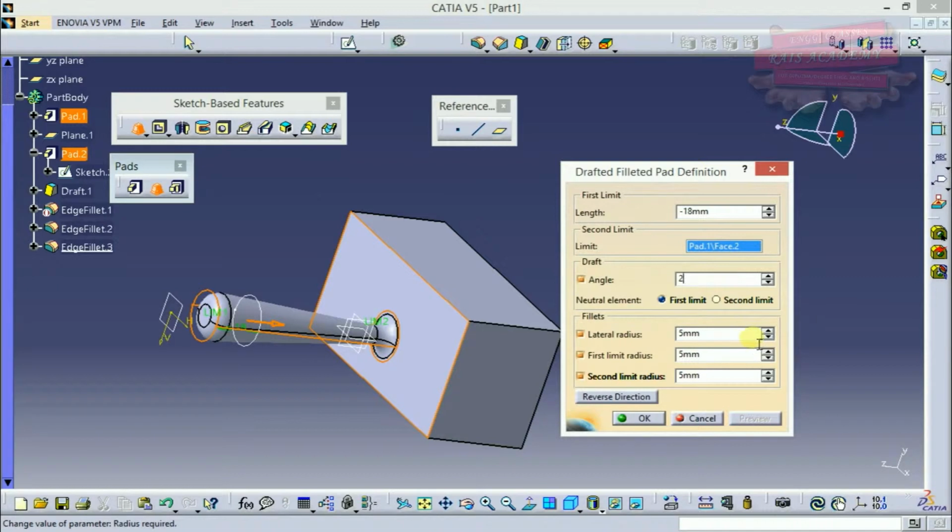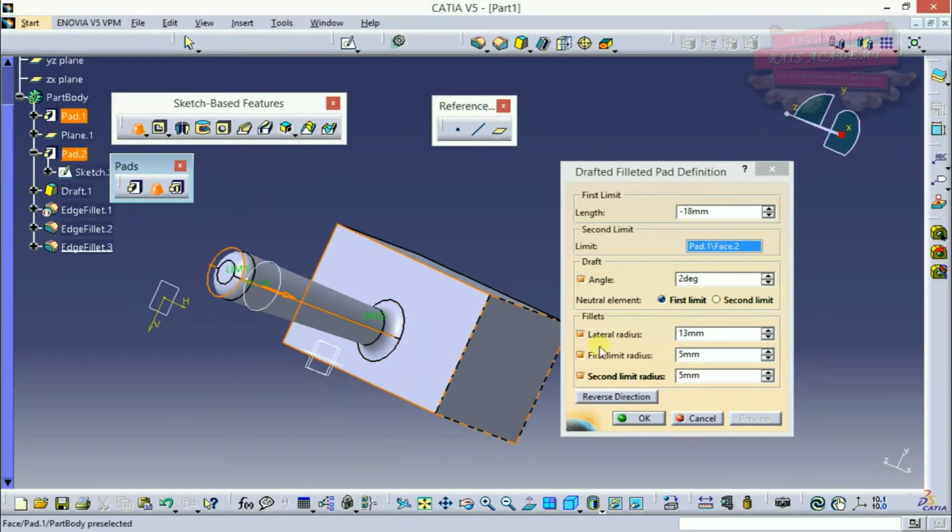Now the lateral radius, as I have selected my 2 degree, the radius has been changed and it is much more straightforward. Okay, I can increase my lateral radius. You can see over here, as I increase my lateral radius, you can see the changes which take place. Okay, I'll increase my lateral radius.